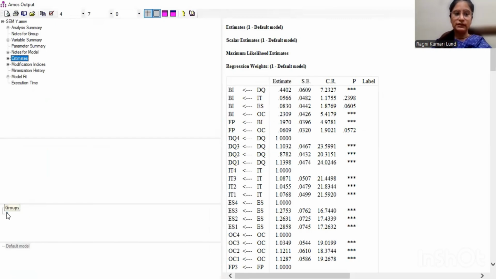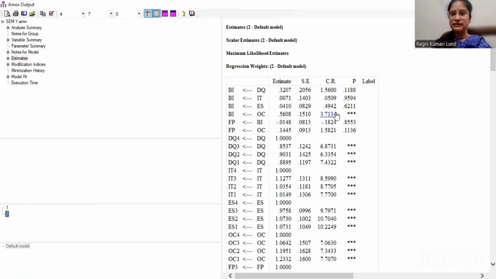If you click 2, then you can see our 1 hypothesis is accepted, which is OC. It means experience moderates the relationship; 2 means no. Those individuals who do not have experience moderate the relationship between OC and BI.